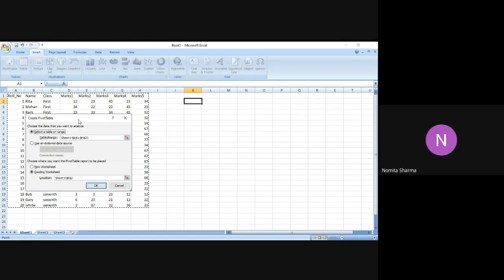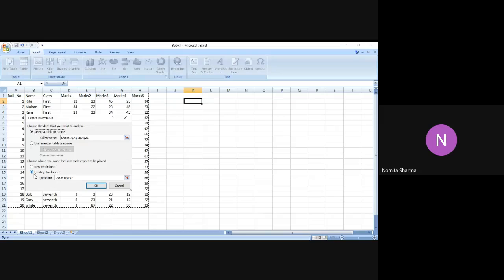But since in this case, I have a very small table with me with just a few rows and few columns, I would want to see the pivot table in the same existing worksheet. So it is by default selected like that, and the default option is existing worksheet, and select the table or the range. But just in case if I want to change the option, Excel will allow me to change that. So I would want to work on the existing worksheet. So it is already clicked.